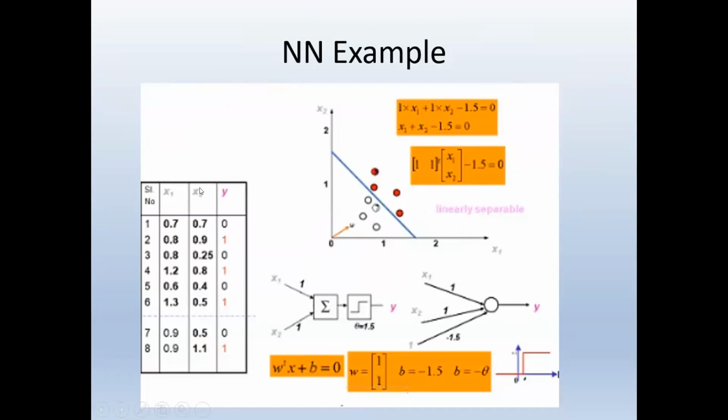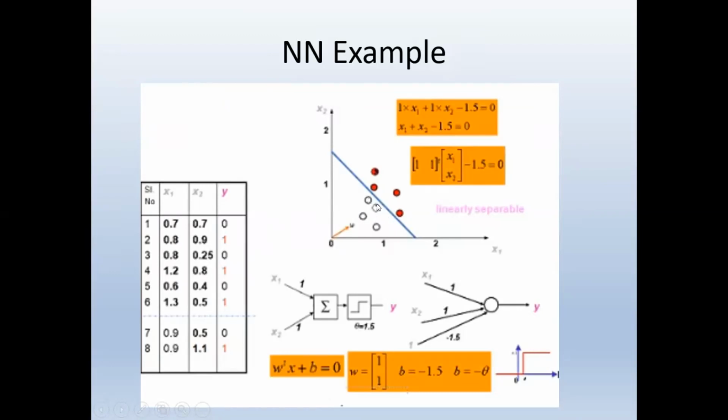Here the plotting is very easy. Why? Here the number of features is 2, so you can draw the graph in 2 dimensions. This is a plot of the data set, where the x-axis is x1 and the y-axis is x2. The training data consists of 3 zeros and 3 ones, where 1 is indicated by a red round and 0 is indicated by a white round.